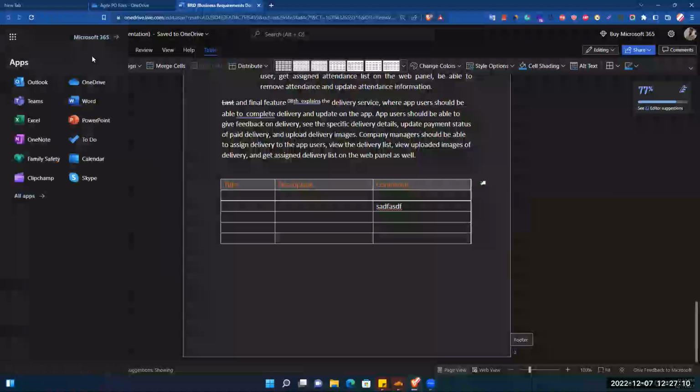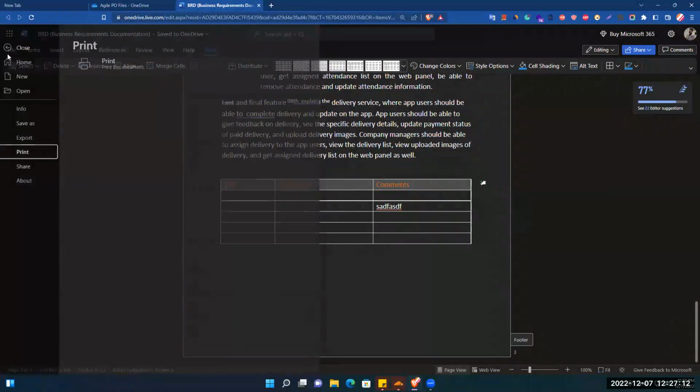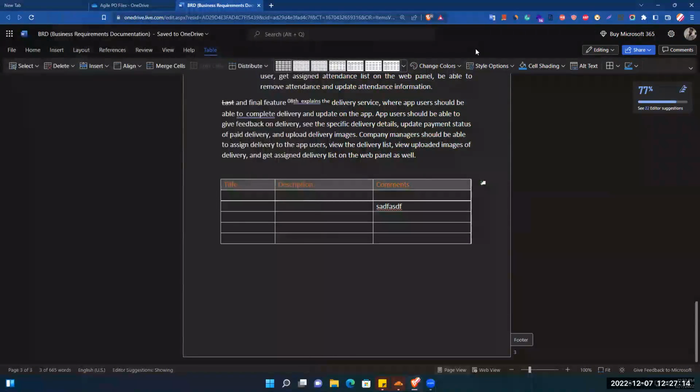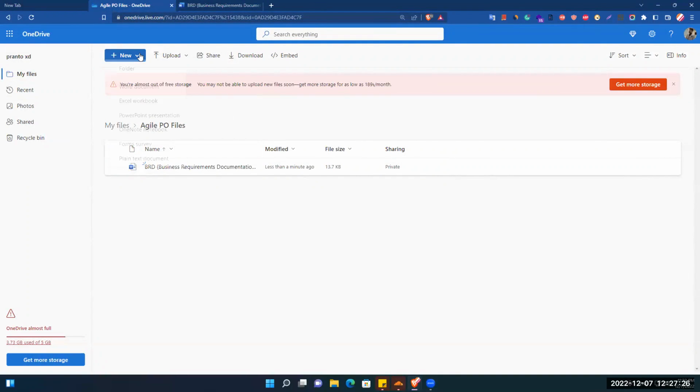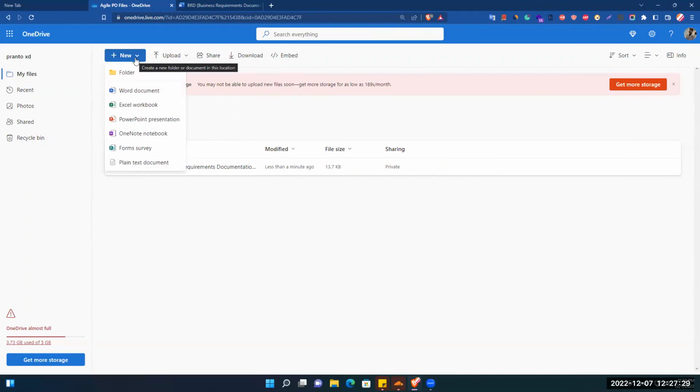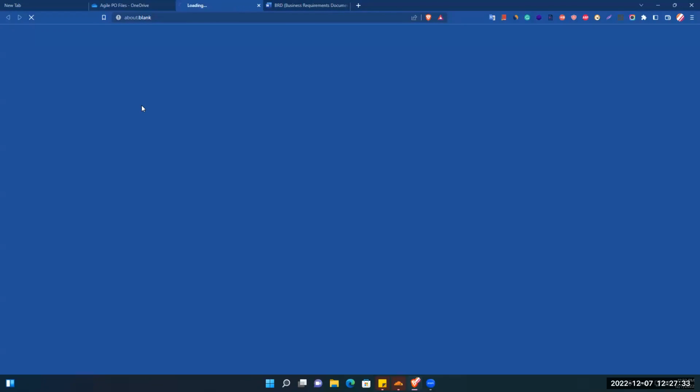These are the most common file types we basically use, like the document file. Okay, now let's go with another file. That one is called the Excel workbook. So if I select the Excel workbook,